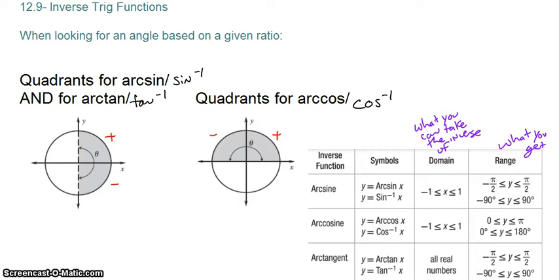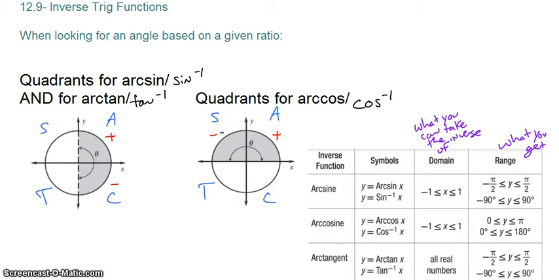Our answers for these inverses are going to be interesting, so they're going to either give us an arcsine slash inverse sine or arctan slash inverse tan. Both phrases are used interchangeably. Your call which one you want to use. If it's positive, it's going to be in the first quadrant, and if it's negative, it's going to be in the fourth quadrant. For our cosine or inverse cosine, it's going to be in the first and second quadrant, with positive being in the first quadrant and negative being in the second quadrant. And that all does follow the fact that we've got ASTC, sine and tangent are negative here, cosine's negative here, so it just kind of gives us our whole span of